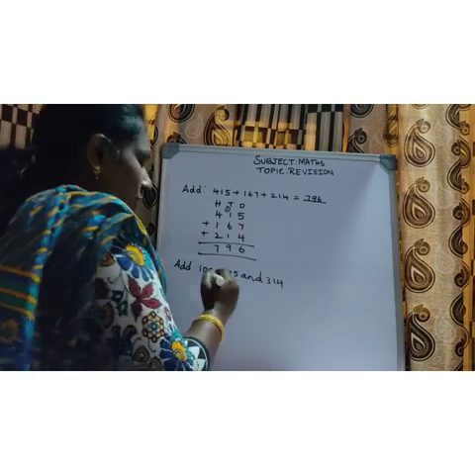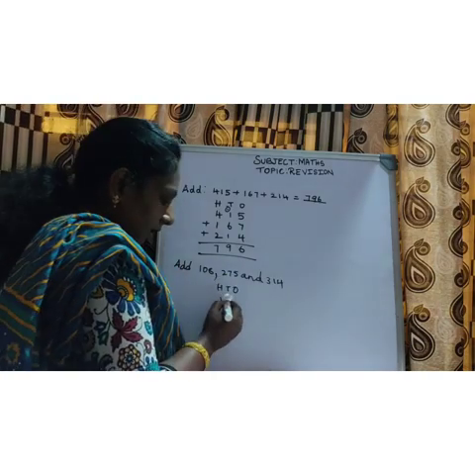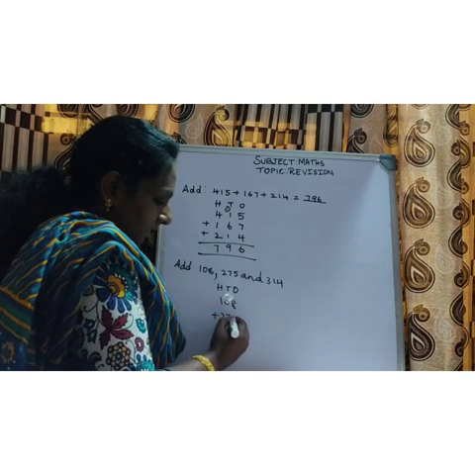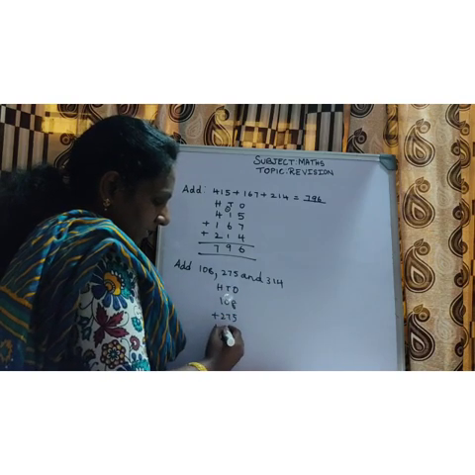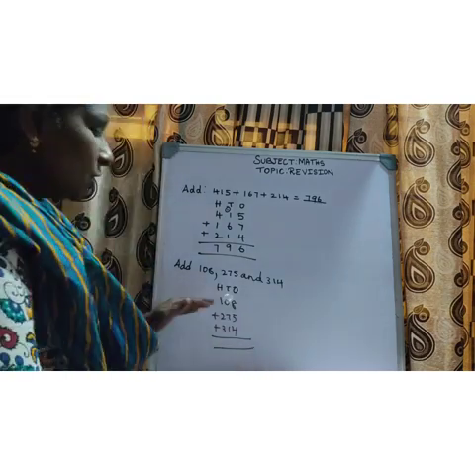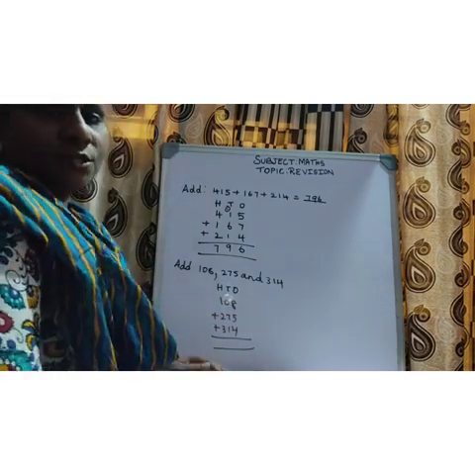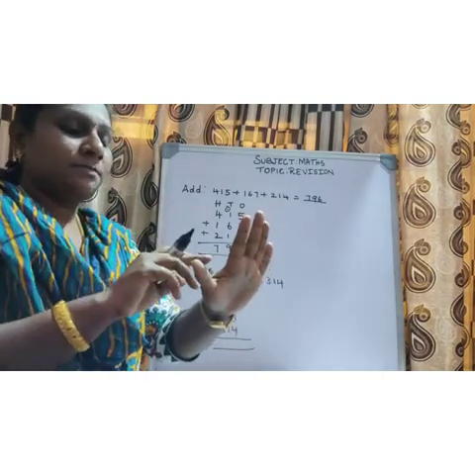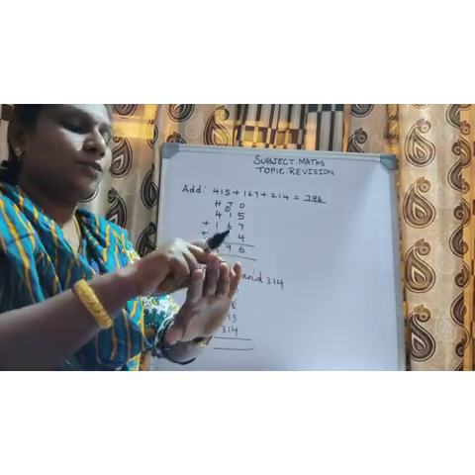The same way, it is given in words, that is add 108 and 275 and 314. So what you have to do? Just arrange the numbers. It is 108 plus 275 plus 314. Okay. So 8 plus 5. 8 plus 5 is how much? 8 in your mind, 5 show it in your finger. After 8, 9, 10, 11, 12, 13.